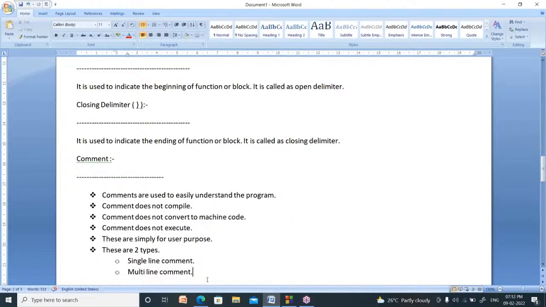Comments do not convert to machine language. Comments do not execute also. For what purpose are we writing them? These are simply written for the user, for our purpose. These are not for the machine, these are for us.